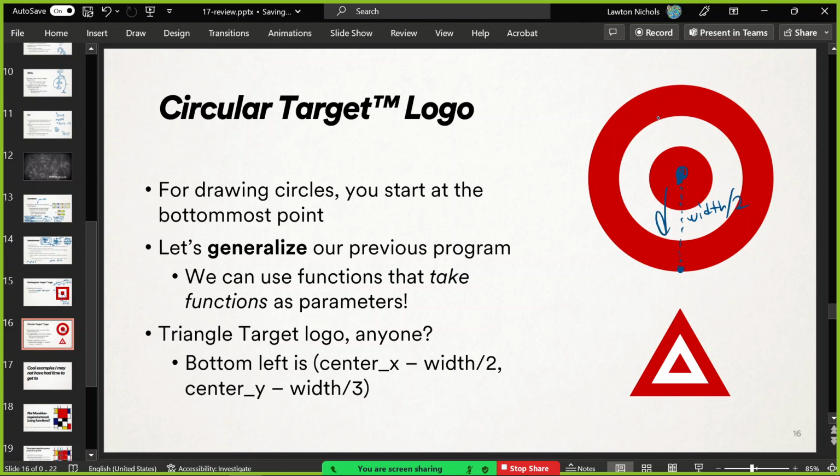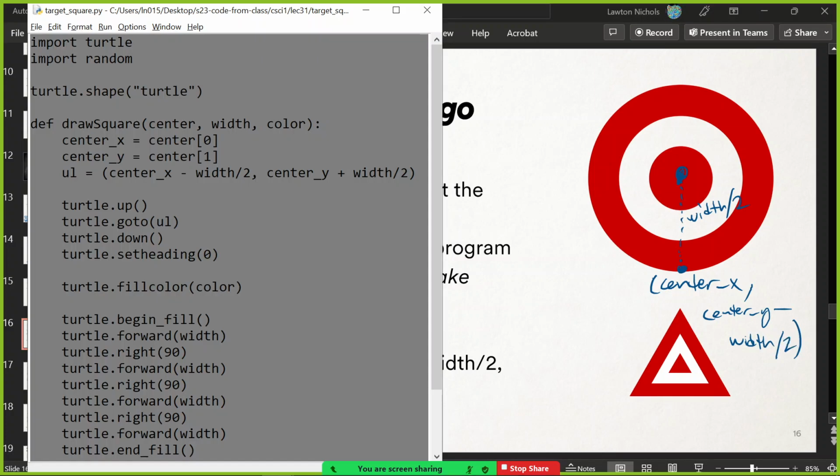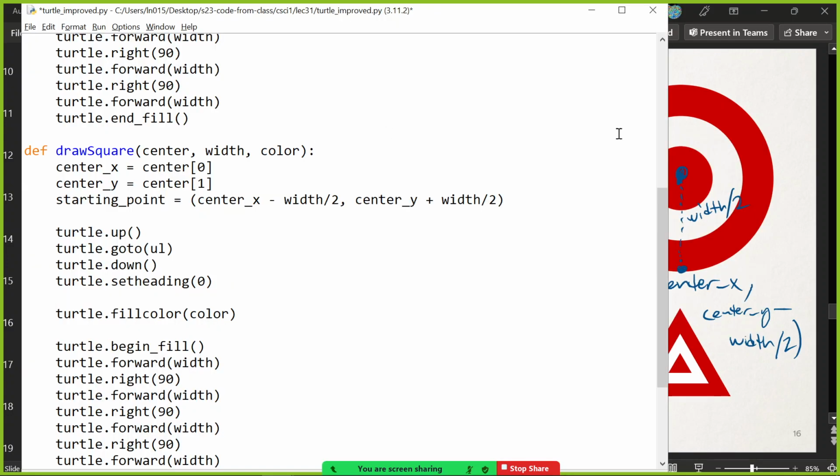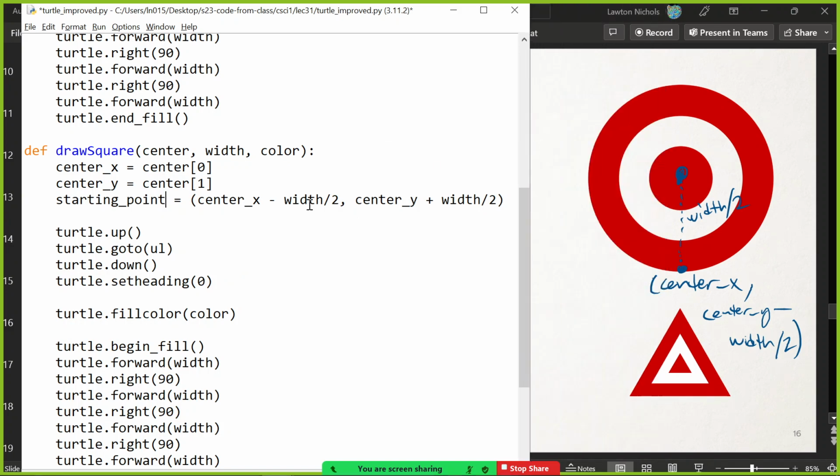We want to go down, keep the same x coordinate, but go down in the y coordinate by width over 2. So we want to start here when we draw the circle. So center, that's just how the library wants it. Center X stays the same, but we go down in the Y. Center Y minus the width over 2. And that gets us to the bottom part of that circle. And that is the wrong program. Where did it go? There we go. So keep the same center X, but go down by width over 2 in center Y.